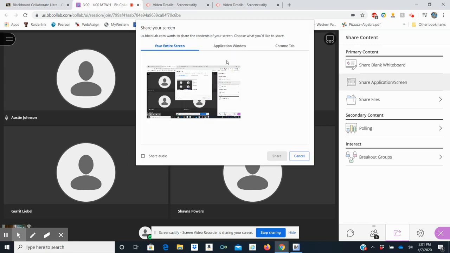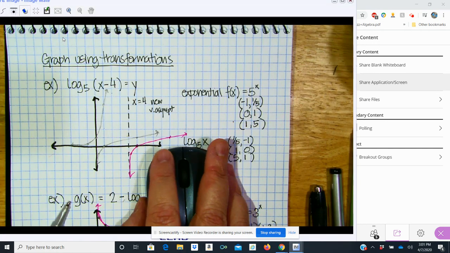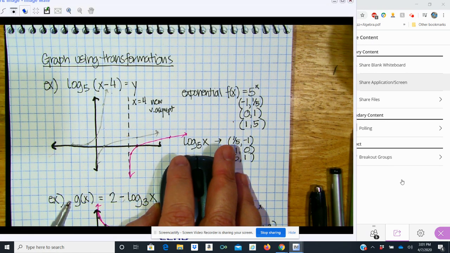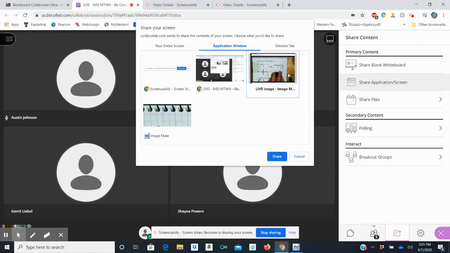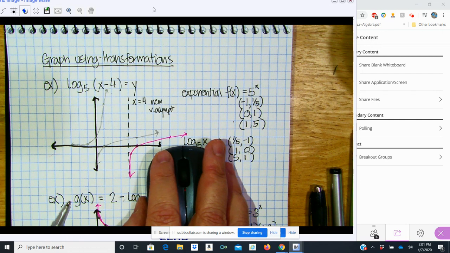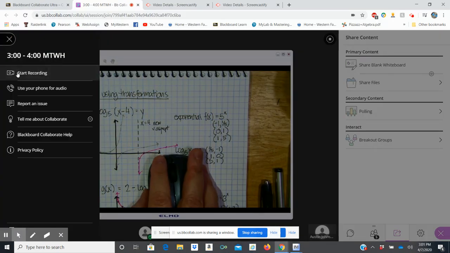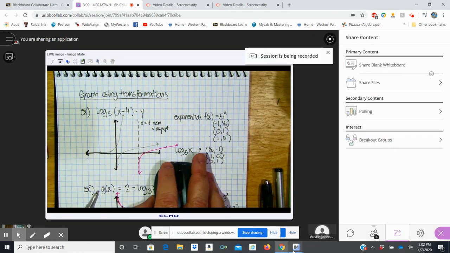All right, application window. Oh, we might have to do this first. Okay, yep. Okay,